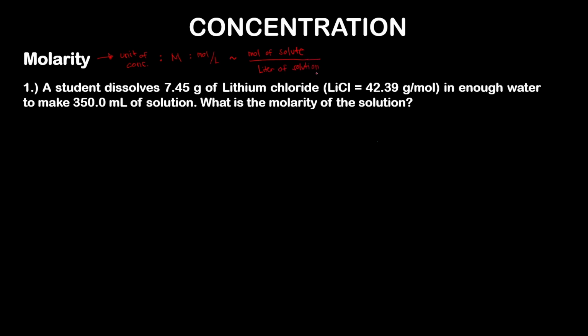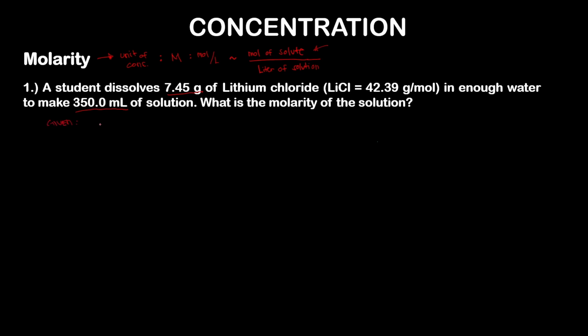So if the volume given here is the volume of solvent, you need to find the volume of the solute. Therefore, adding that, then you have the liter of solution. Well, in this case, we were given the liter of solution, which is 350 ml. And we have the solute, lithium chloride. It is in grams, and we need it to be in mole. So let's plan this out. So the given,